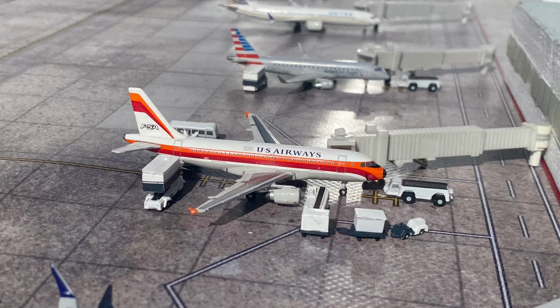Gate number 4, we have the American Airlines Airbus A319 in the PSA Heritage colors. Also very excited to have this aircraft here. This aircraft is currently going to be making a Dallas-Fort Worth International Airport turnaround. Super excited to see Dallas-Fort Worth doing very well on the Airbus A319. This aircraft I also got from Red River Aviation. It was always a dream to have this aircraft in my collection. I've always loved the PSA Heritage colors, and it will always have a very special place in my heart. So super excited to have that included here in today's airport update. And like I mentioned, this aircraft came in from Dallas-Fort Worth International Airport, and he's going to be returning back